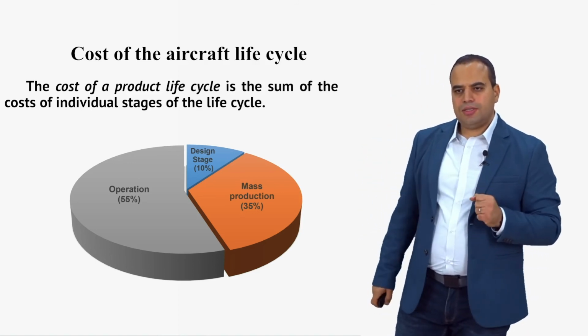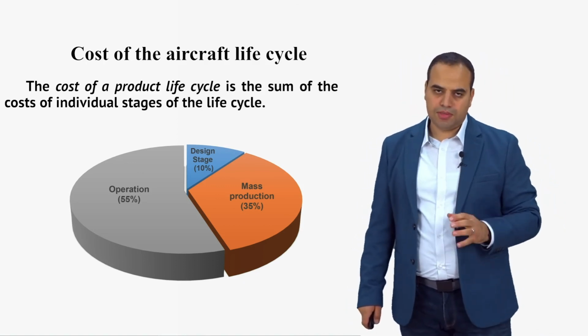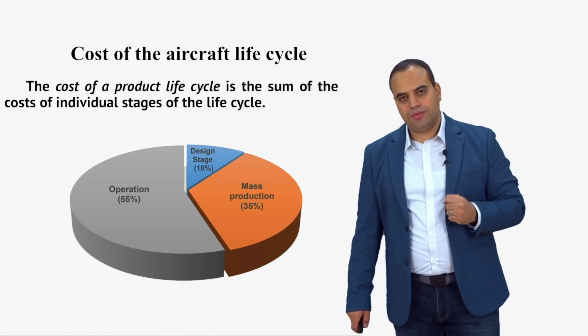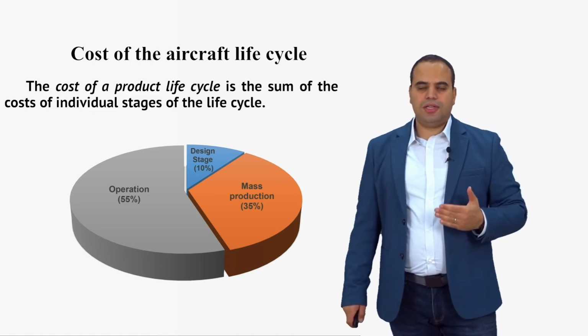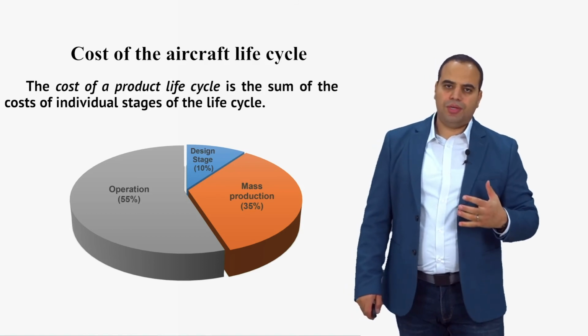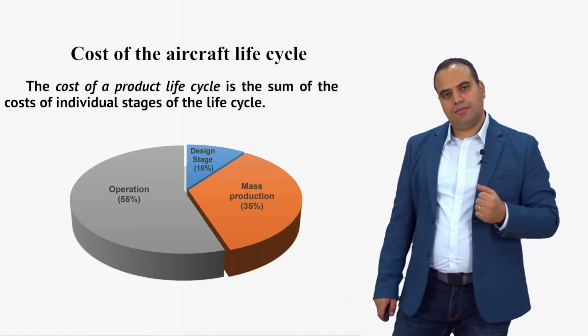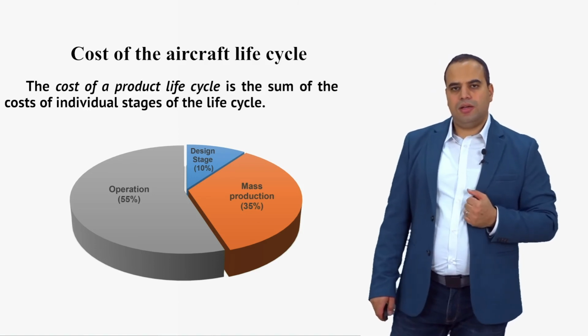And in fact, nowadays, the design stage consumes very large amounts of time and money. And in order to, for example, design an aircraft that has to do with, for example, a new generation or some new performance level, we can count up to 10 years in order to have an aircraft that is